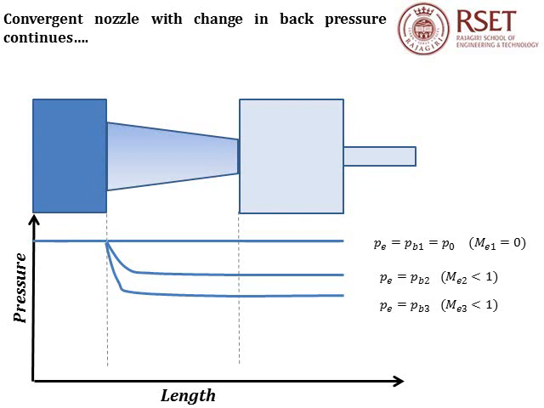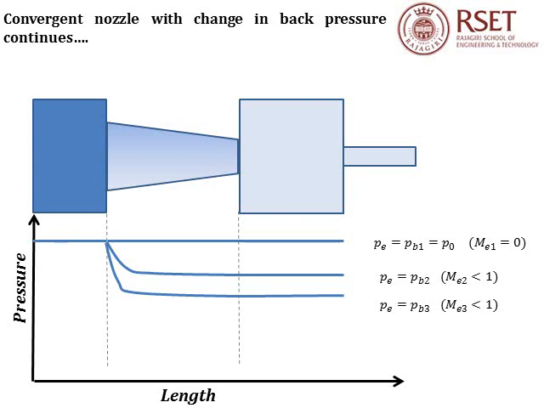Now, if we reduce the back pressure by opening the valve, the expansion in the nozzle will also increase to meet with the reduction in back pressure. Hence, we see that the flow goes on accelerating with reduction in back pressure, and this will result in increase of the Mach number at the exit plane of the nozzle.